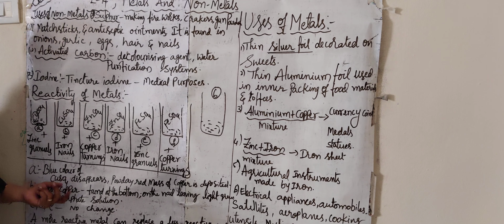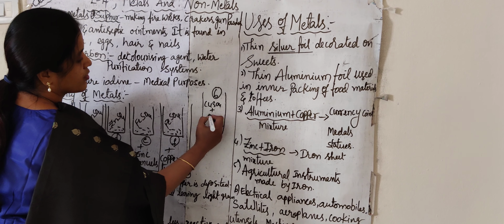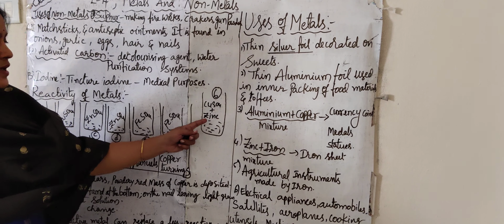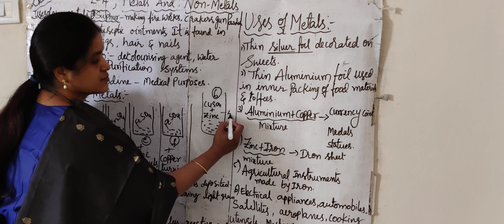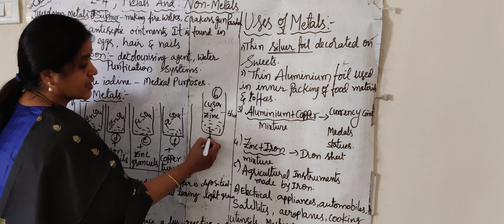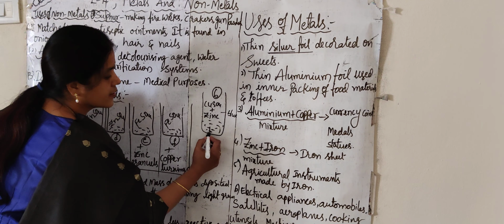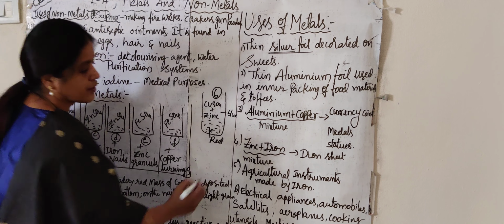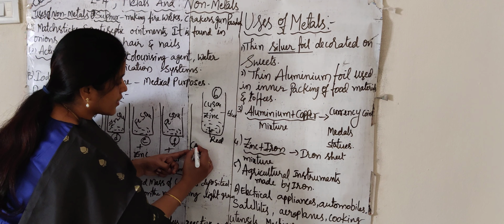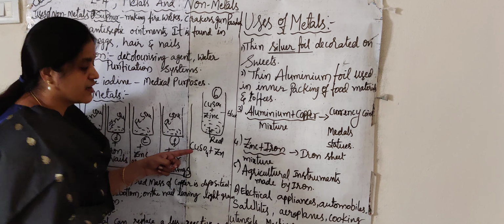Means what? Here is the copper sulfate, and when you add the zinc granules to this beaker, what happens? First it is blue in color, but after some time when you add this zinc, it changes. Which color? The blue color disappears, and here at the bottom you can see the red colored mass of copper is deposited. Means when you take the copper sulfate powder and react it with the zinc,